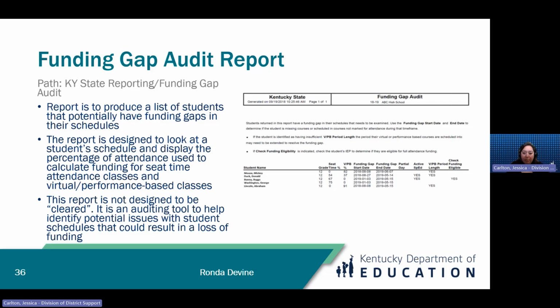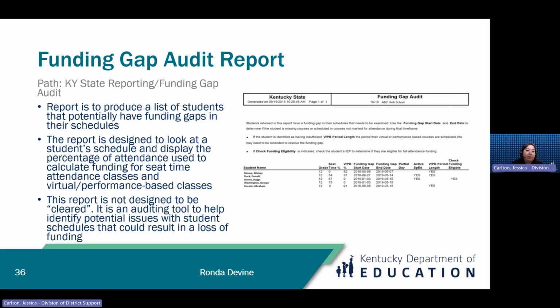If you're less than 93% for any student who shows up on this, a couple things to check: there's an indicator on this report if they're a partial day, partial week student. So they're only supposed to be there a certain time, but you have that whole day funding checkbox checked. If you are coming up less than that 93%, you need to check to make sure they have no gaps in their schedule. If they're off seat time, there's a gap somewhere in their schedule. If they are doing that performance-based setup without attendance attached to a course, there's more than likely an issue somewhere. There's a checkbox not checked, or the length of the performance-based course outside of the day isn't long enough.